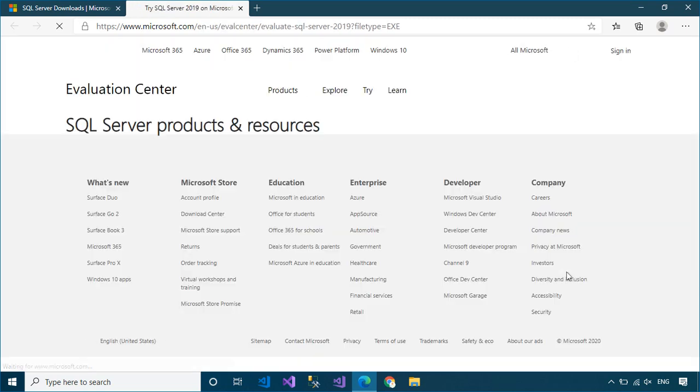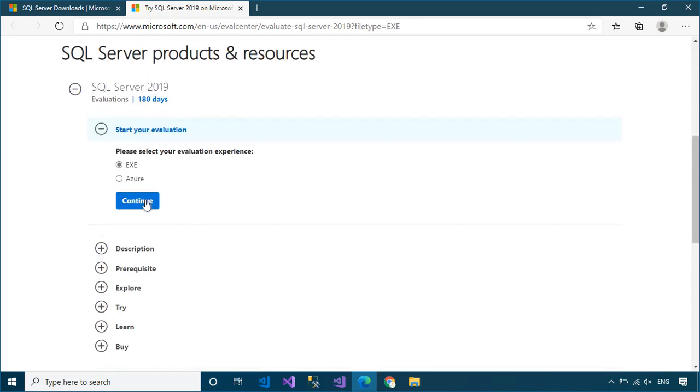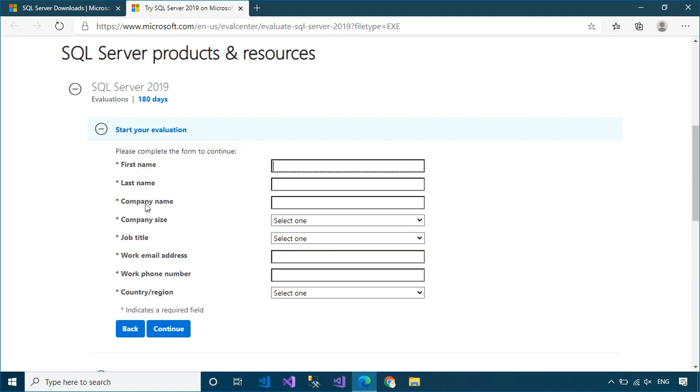First, you need to go to Microsoft's website, then select the version of SQL Server you need to download. Next, you will enter the registration information. After completing, you will receive the installation file. You need to open the installation file and then choose to download the media file to your computer.